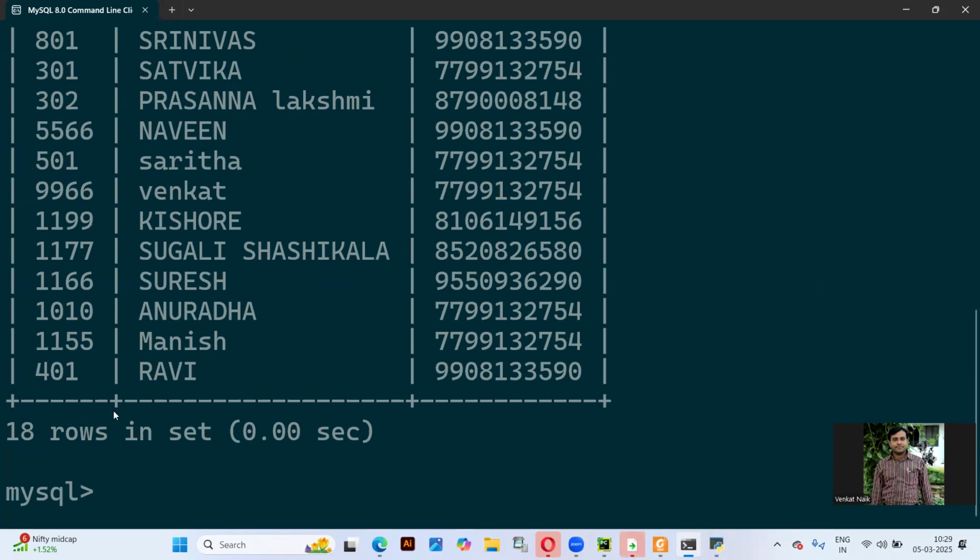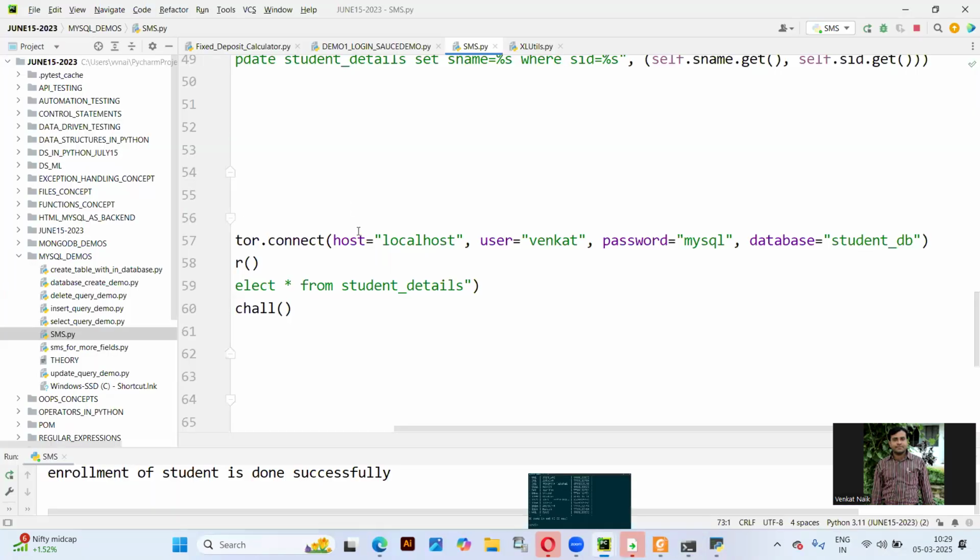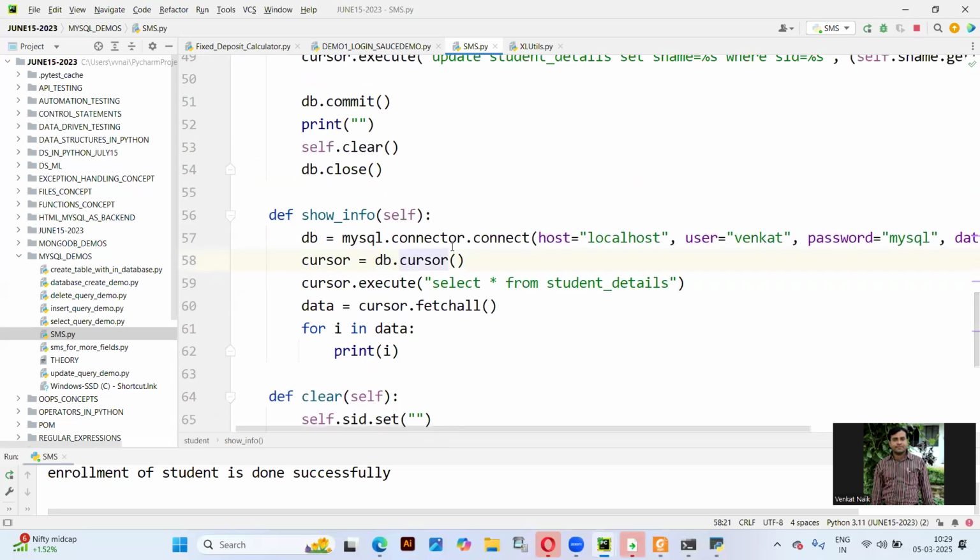Clear? The Ravi's data is out. Now whatever queries you have written, just the selection queries and all this, I don't want you to just write a program and execute it, because that is not meaningful. You have to write this kind of queries and make this kind of applications. Are you clear? Now I'm giving you this, but see here, if you look at this program,